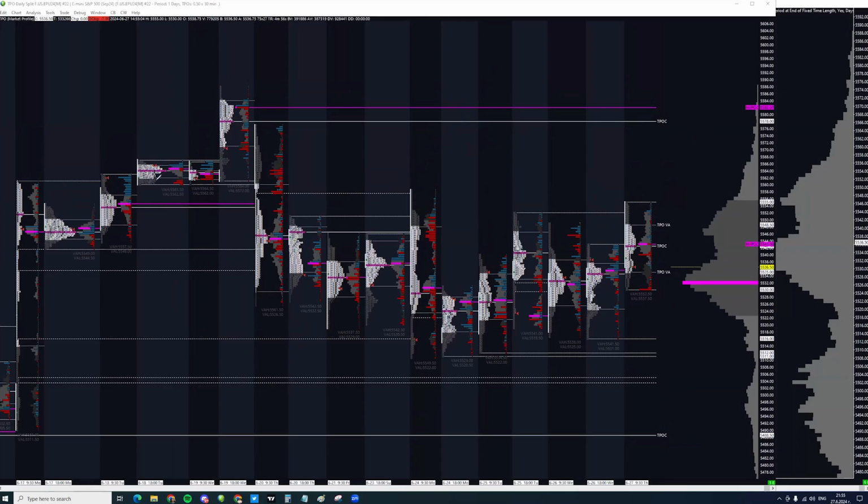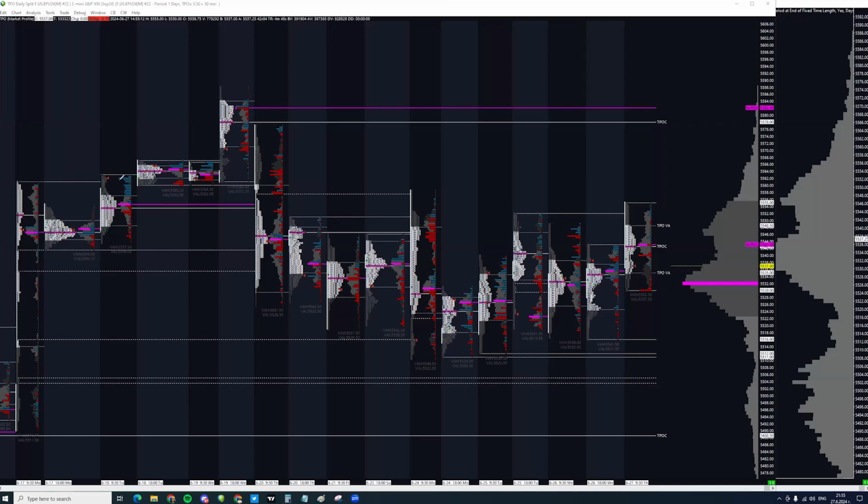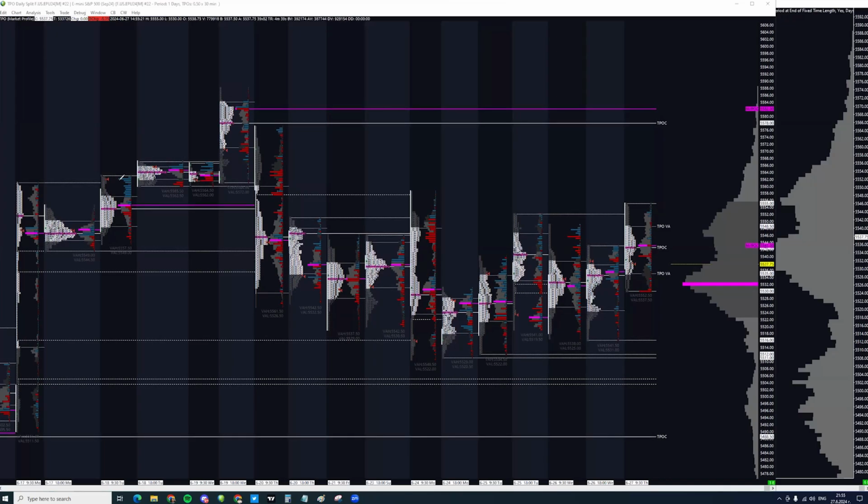Because when we have these very important inflection points based on delta, they're still valid for days in the future, right? As long as we understand where these massive delta areas were created, we understand that prices were imbalanced at those regions,